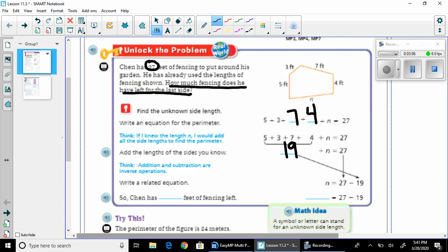Okay, so now I'm going to take my perimeter, my total distance all the way around, and I am going to subtract it by my distances that I do have, which is 19. After I subtract them, that will show us what our missing length would be. Okay? All right, so n is equal to, or missing side is equal to our total distance, or perimeter of 27 minus 19. 19 is your distances from here to here, so our sides that I do have added up is 19, and I'll subtract them here, okay? All right, so showing our work here,